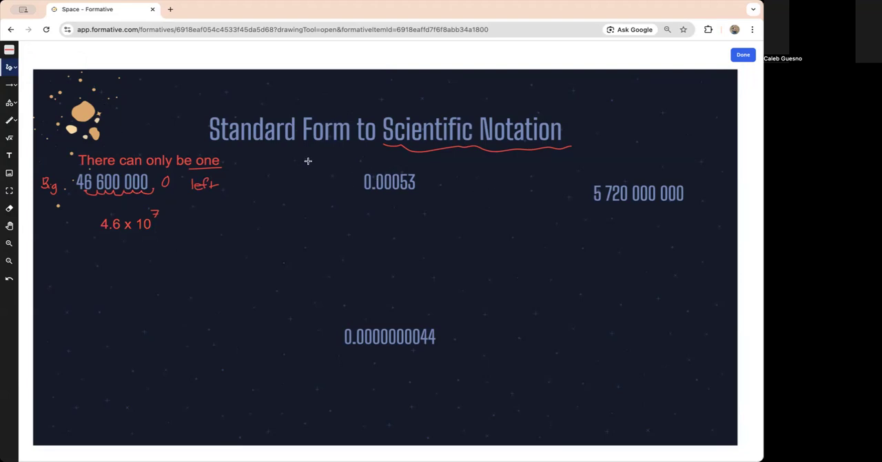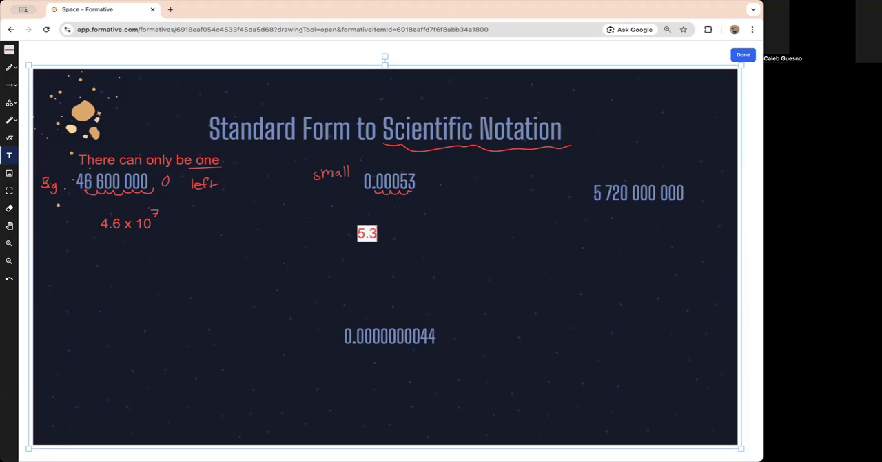This is a small number that we're going to write in scientific notation. Remember, there can only be one. So we'll take this decimal and move it 1, 2, 3, 4. Until there's only one number in front of the decimal, and we did that 4 times. So I'll rewrite this as